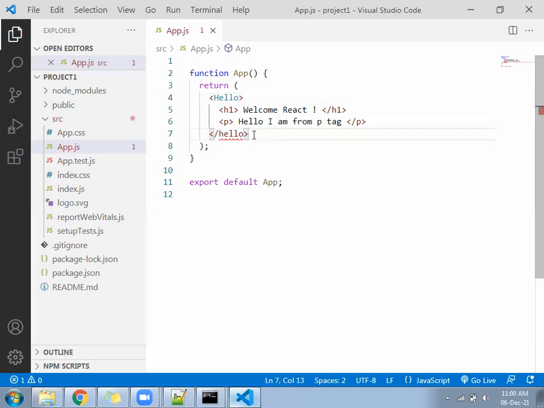You will find the problem again. Hello with capital H open and small h close, error came. That means the tag is case sensitive. You have to open with the small, close with the small. If you open with the capital, you have to close with the capital only.